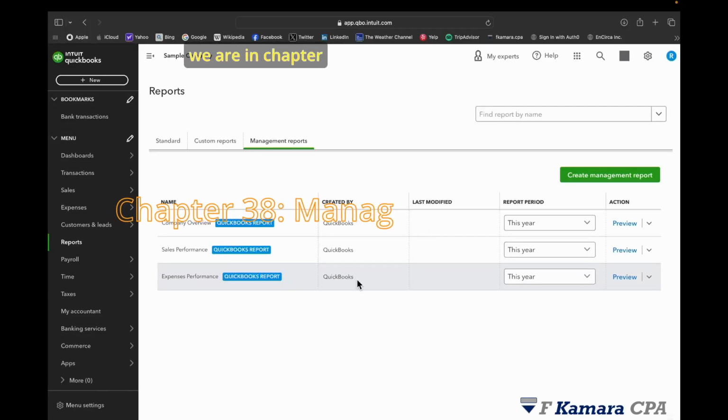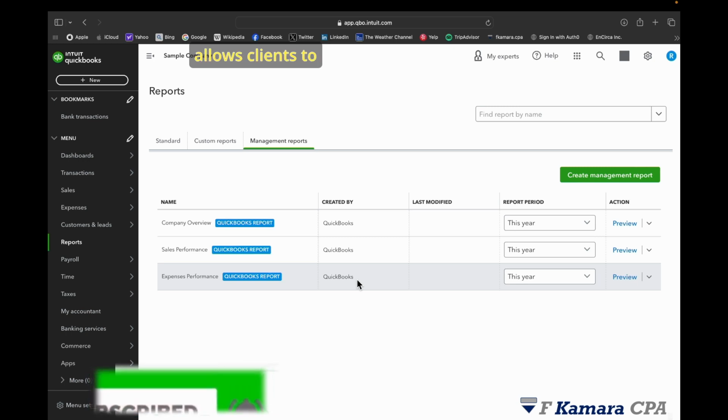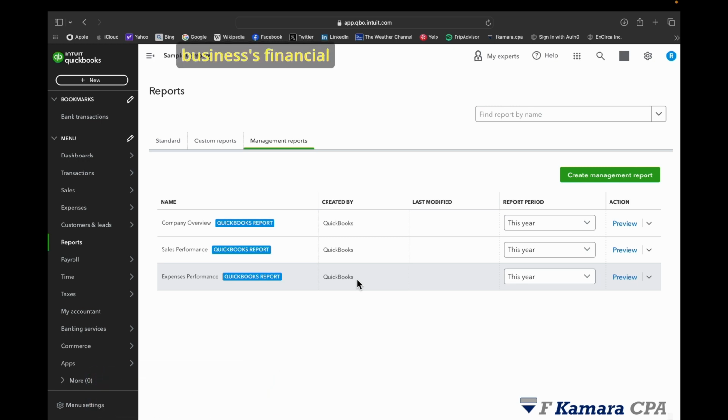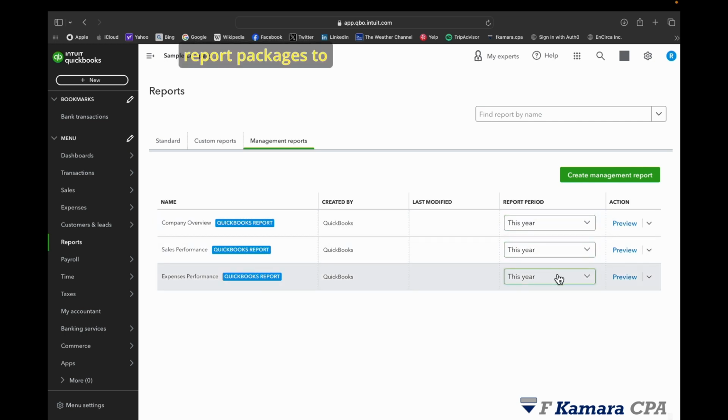Today we're in chapter 38, Management Report. QuickBooks Online has many report options that allow clients to review their business's financial performance. However, clients may need a way to compile multiple reports to present to stakeholders. The Management Report tab in the Reporting Center of QuickBooks Online allows clients to create a customizable, professional-looking report package to